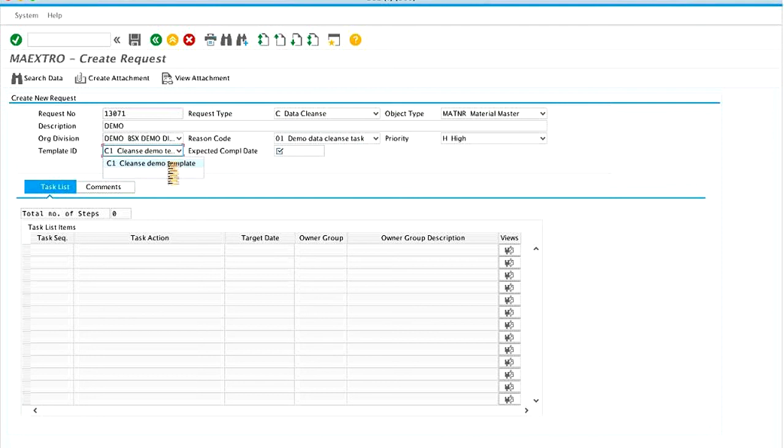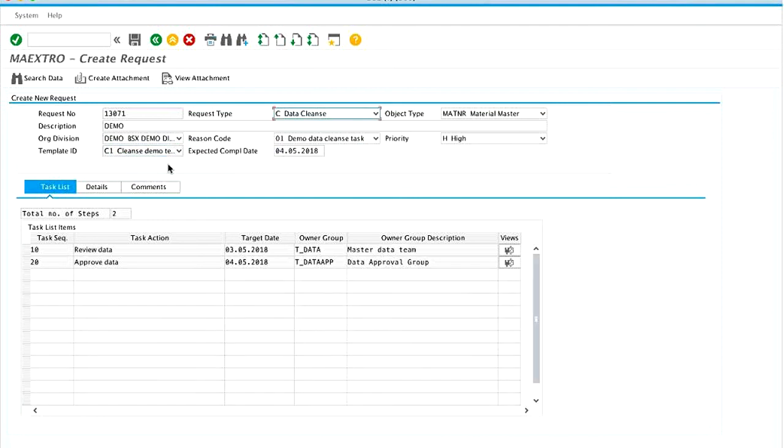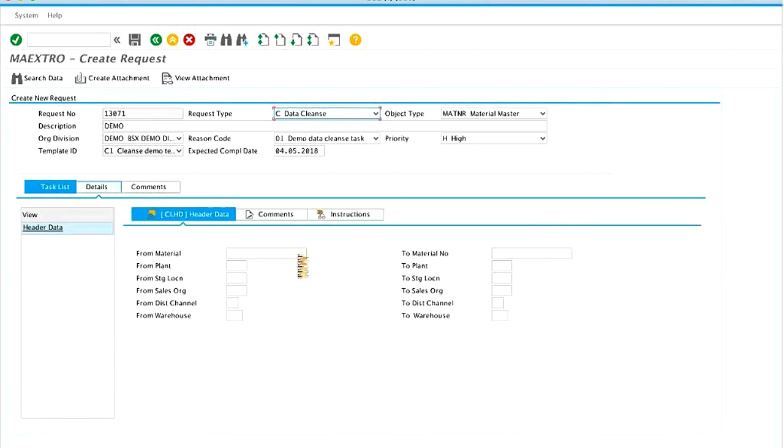Again, you could have different templates. What the templates do is they govern the process. In this case, you can see that I'm first creating the request and checking the data, and then somebody is going to come and approve the data, rather than me doing the updates and the checks at the same time. Now, in this selection screen, you're specifying your search parameters